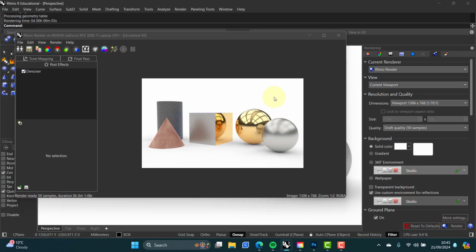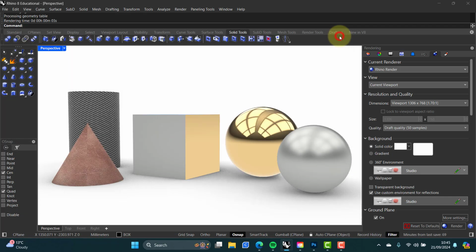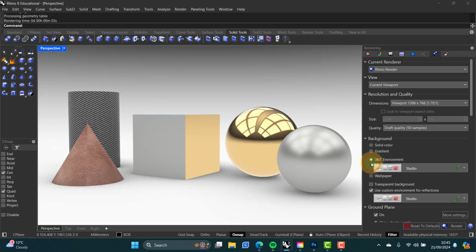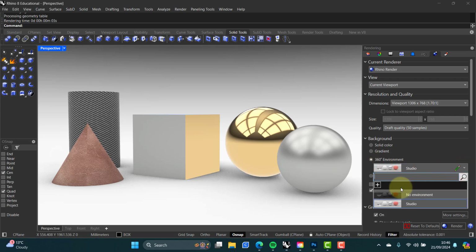Okay, looks good, but we've kind of got this white background. It's very unrealistic. These aren't sitting on Arctic ice. So we've got options to change the background here, solid colors, or we can put in a 360 environment. We can choose an environment. So if we add an environment from a library,